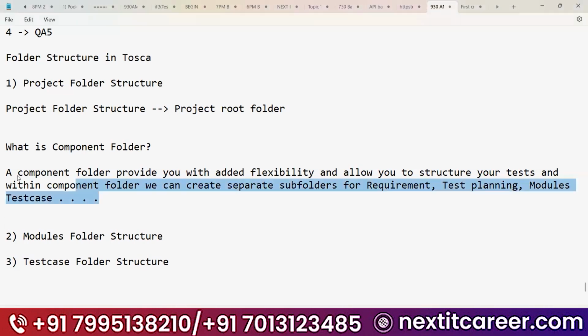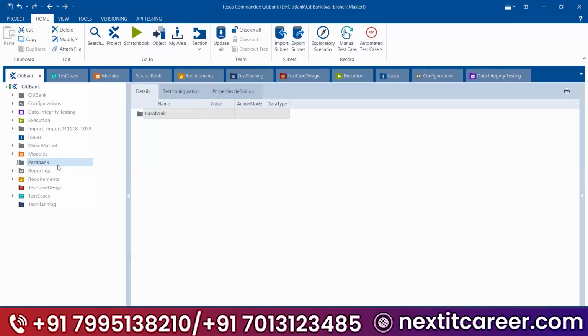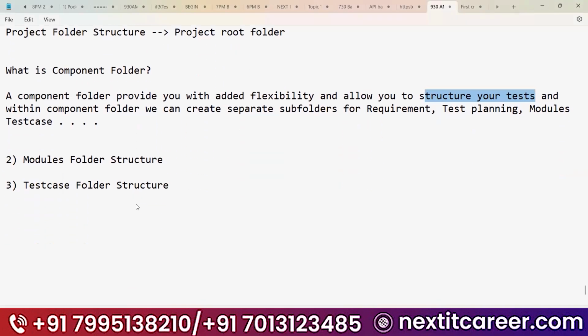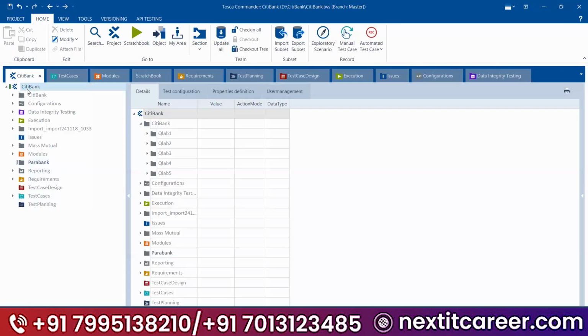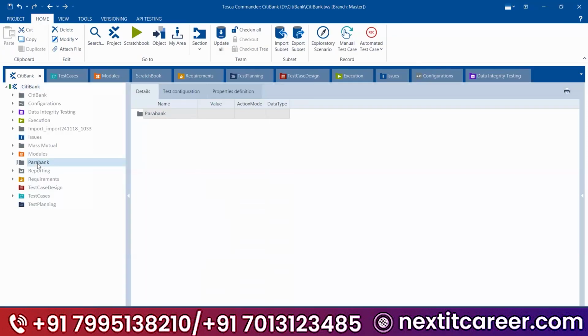Sorry guys. So what is a component folder? The component folder will add flexibility to allow you to structurize your tests. Okay, means for every application you will have your own requirements, test planning, test case design, everything you will have it. So what you will do, you will create one component folder, and inside that component folder you will add sub